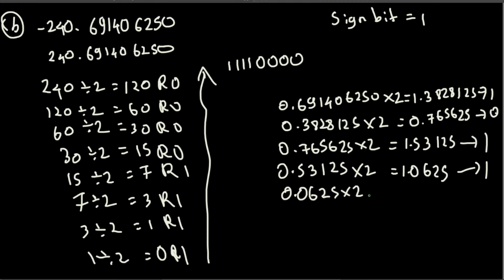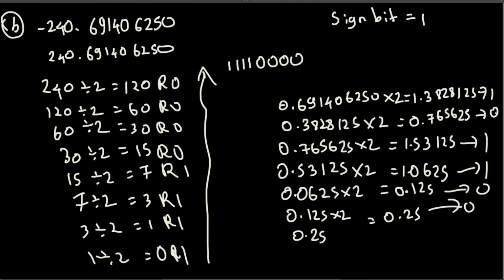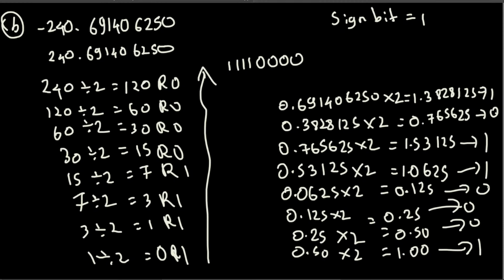0.0625 multiplied by 2, that gives us 0.125. 0 in front, we put it right here, and then 0.125 multiplied by 2, that is 0.25. 0 in front, we put it right here, and then 0.25 multiplied by 2, that gives us 0.50. 0 in front, we put it right here, and then 0.50 multiplied by 2, that is 1.00. 1 in front, we put it right here, and then we read this one from top to bottom. This is 0.10110001, and